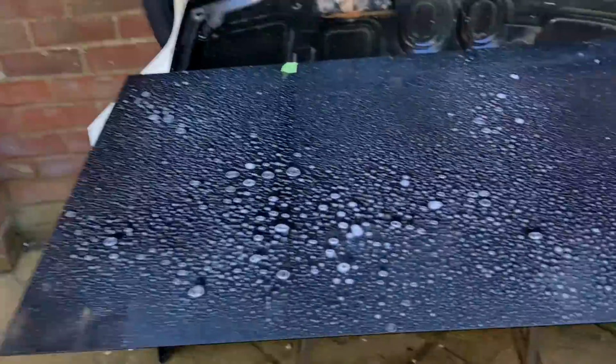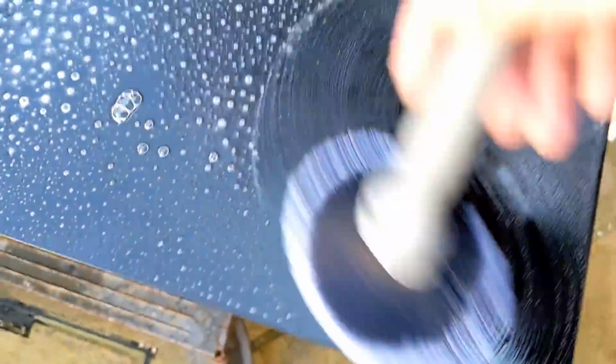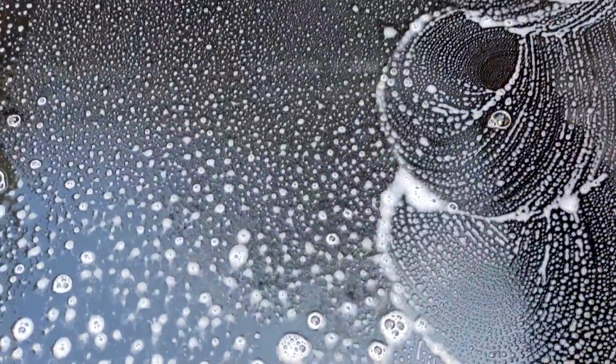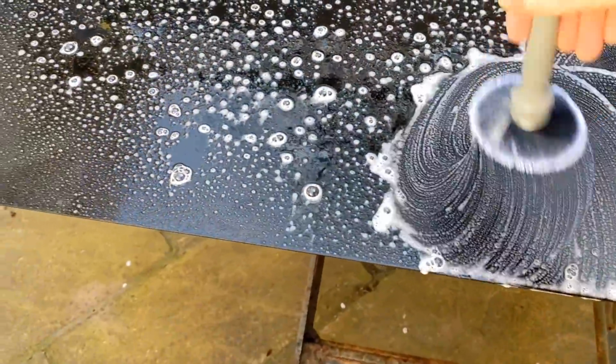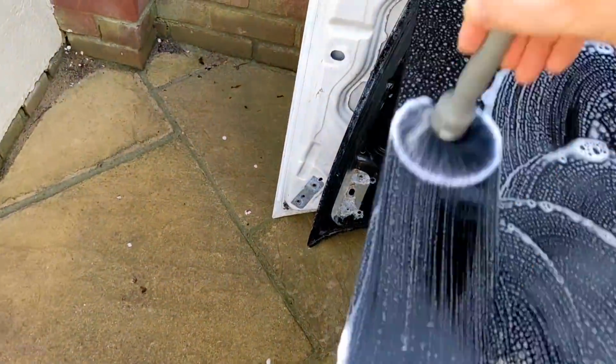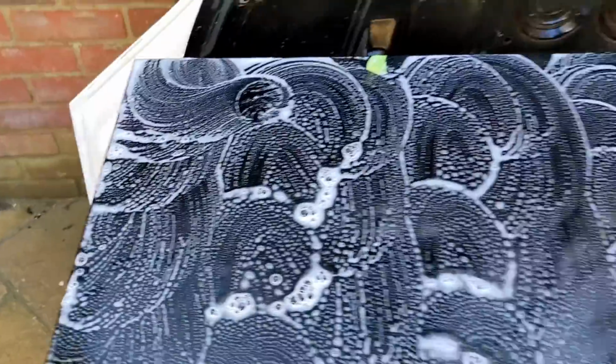Although sometimes, why not? Right, so let's just wipe this down. I'm going to be doing this periodically. This is just, you know, smashing down these waxes. So we'll just leave that on there for a bit,